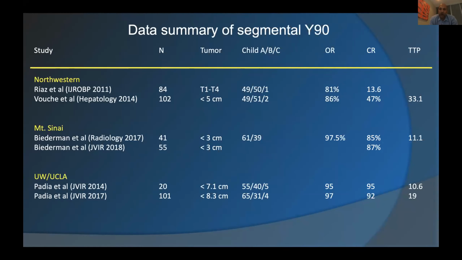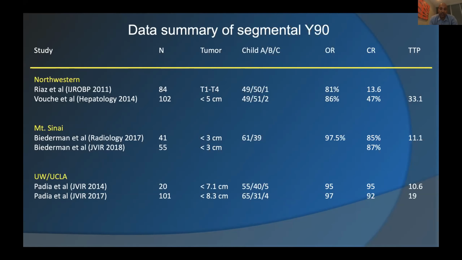If you look at the OR column, that's objective response, we've just been improving our technique over time. So now where we were getting 80, 85% objective response, we're now starting to get anywhere between 95 and 98% in terms of objective response. And many of these are complete response with long-term low tumor recurrences.